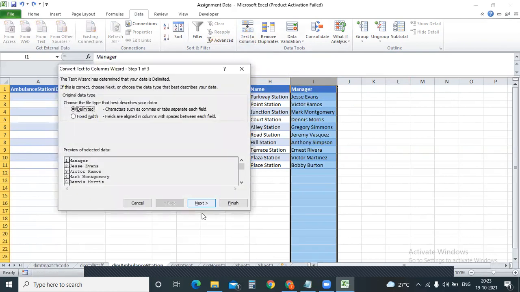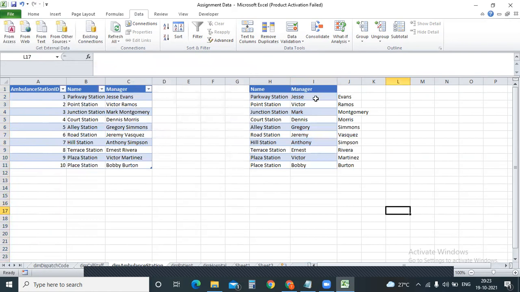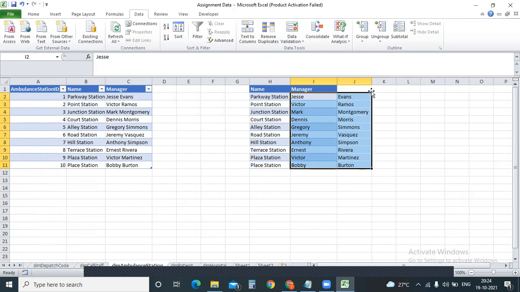జస్ట్ go with delimiter. Now can you see this option over here, space? ఎక్కడైతే స్పేస్ వస్తుందో then it will be bifurcated. Just click on the finish. Now when compared to previous one, is it quite make sense, right? When if you are going with the fixed width, yes, sir. Yes, sir. Yeah, this will be the best option.